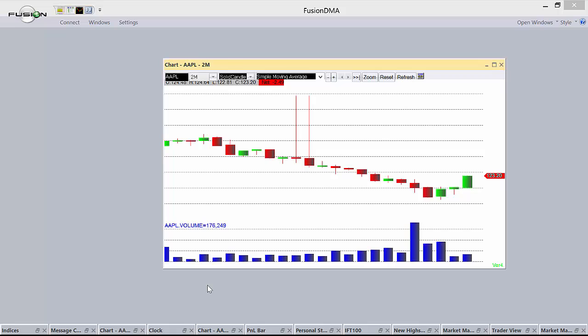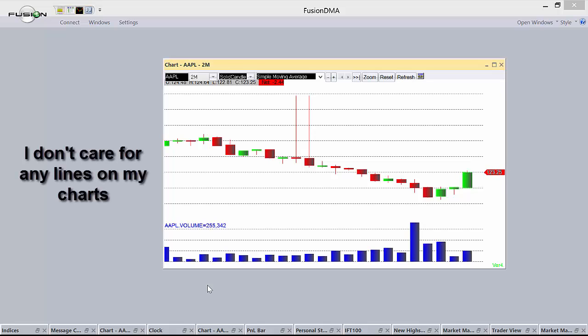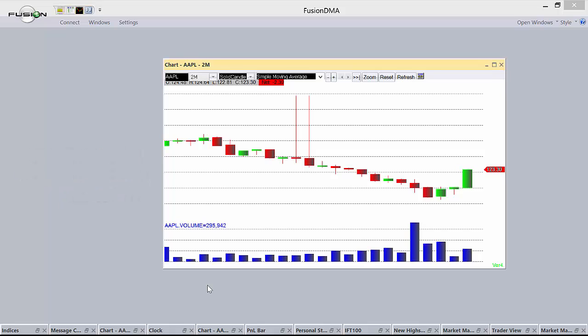Now, the next thing I'm going to change are the horizontal lines that are defaulted in the Fusion chart. I don't like lines of any kind on my charts. Now, this may conflict with your preference, and that is okay. But let me quickly explain why I do not like lines. And in particular, I do not like horizontal lines, because I found that traders